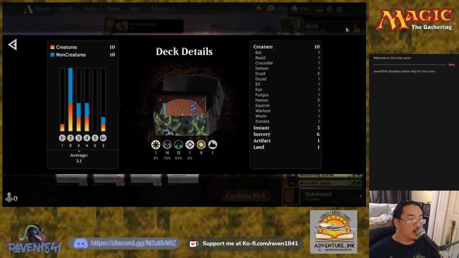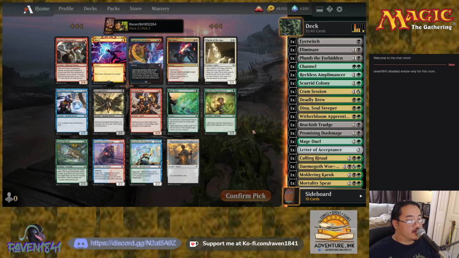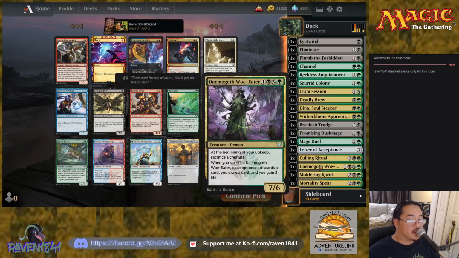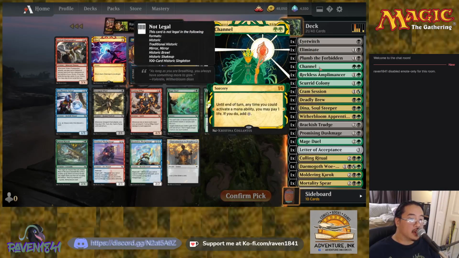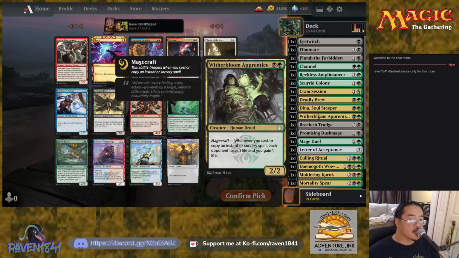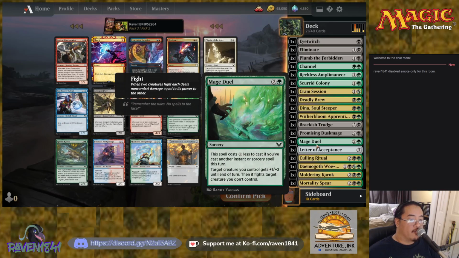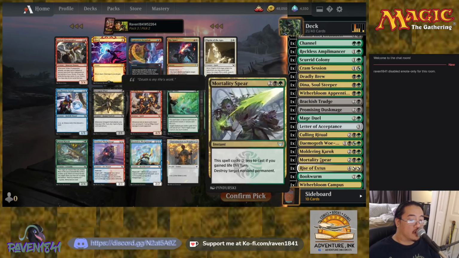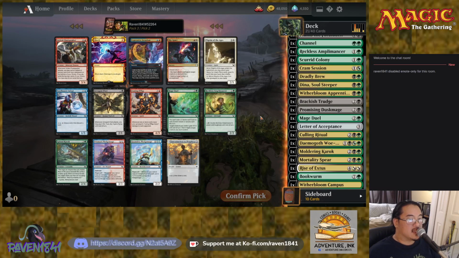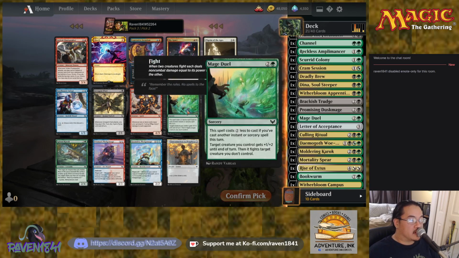Wow, how is my curve looking here? It's a little light on 3-drops and a little heavy on 4-drops. We don't have any 5-drops either. So we do have to kind of be aware of that. Maybe we take the Mage's Duel and not worry too much about it. How much removal do we have? 1... Pseudo 2, 3-ish, 4, 5, 6-ish. It's not super awesome, but neither is...